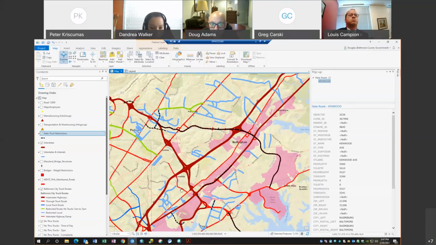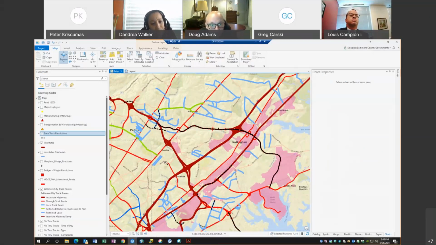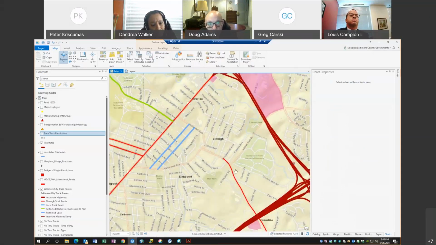It's part of a state road. That's a key route to get into the city there. Well, except there's no way, for us, let me zoom in a little bit there. So the state road extends to here. Right. And then it becomes county road. So are we suggesting that we want to use Kenwood Avenue and Fullerton Avenue here to connect that into this US route, Route 1, or do we want to say that this might be a place where we subtract part of a state route to say, no, you can only really do that, but there's also no access to the Beltway or 95 from this area right here.